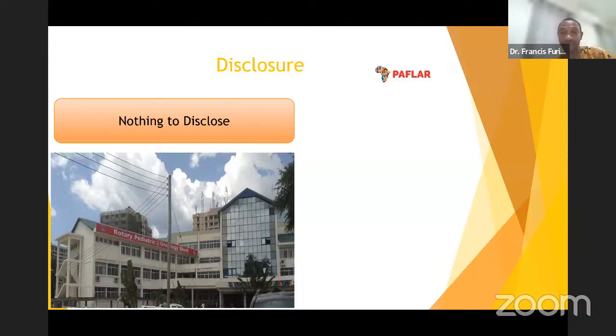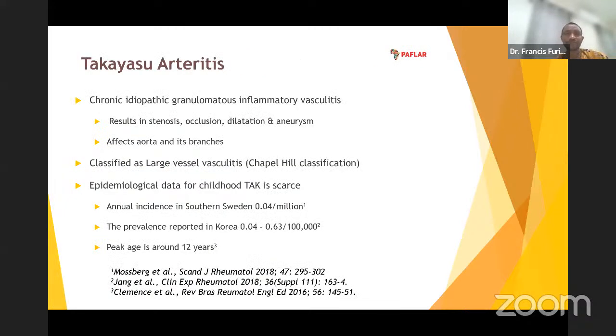On the picture is the hospital that I work at, and it's the largest hospital in Tanzania. It's the national hospital, and we have a bed capacity of around 200, and we see both medical and surgical conditions. So my talk is supposed to be on Takayasu arteritis, and Professor Isabella has definitely talked about this,